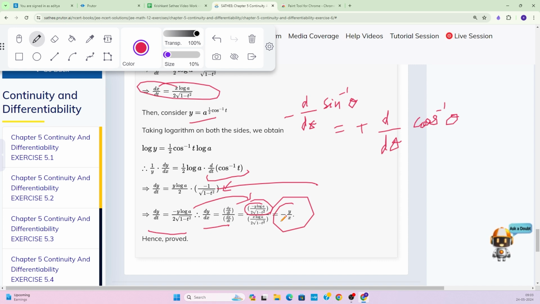Okay, so hence you proved whatever was given in the question. So that's it. I hope that you understood every explanation, every step of the questions of this 5.6 exercise. Okay, so we will be ending here. We will be back soon with more theoretical part and more problems, more examples of this chapter, chapter 5, continuity and differentiability. Okay, so thank you all.